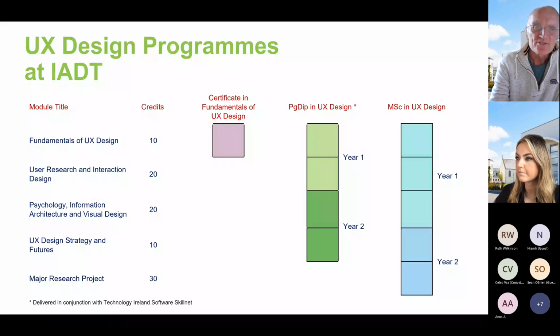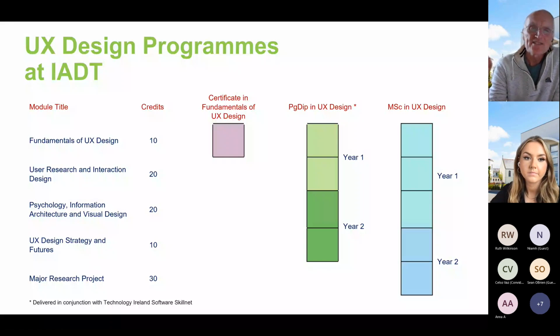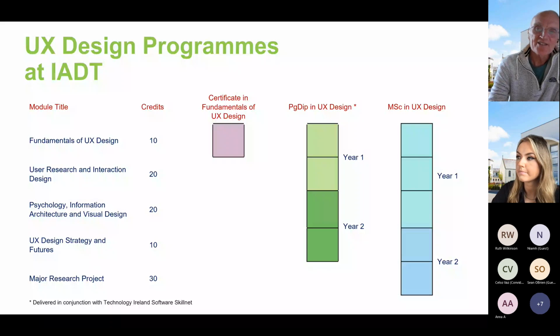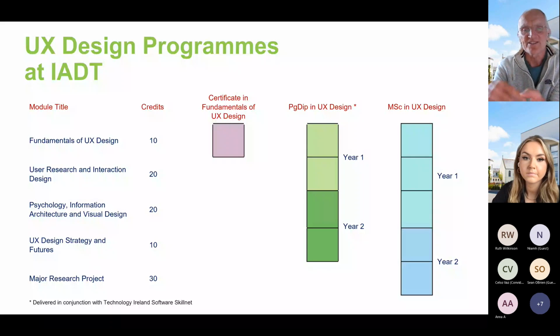So how do people read stuff on the web? How does color affect people? How does typography affect people? How does layout affect the interaction design? We also look at what's known as information architecture. On a lot of websites, there's a lot of information. How do you structure the information and tag it and catalog it in such a way that it's easy to find?